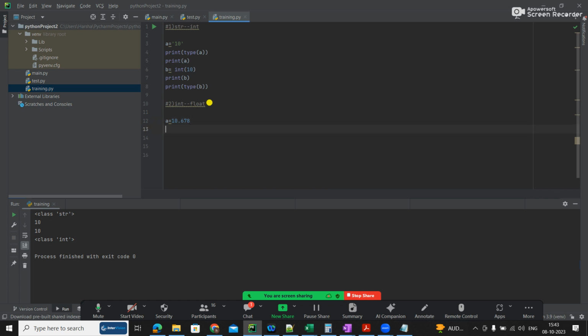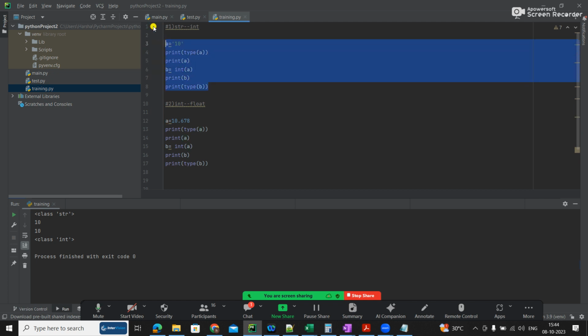So this one also can be done easily, like 10 dot something, float is there. So now what I have to do is just convert this to int. I think I do the same thing: print type of a, print a. I am converting b equal to int of a. Okay, so here I need not take 10, I have to directly take a. Because I am passing this a, which is a string, to this, that means this has to get converted.